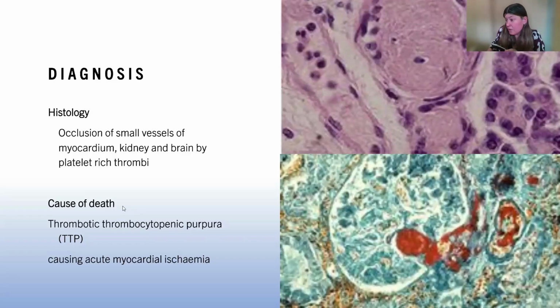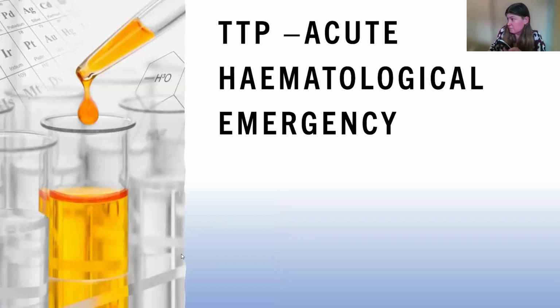Okay. So if we think about TTP, we've talked about lots of this information already. It's a process where there's occlusion of the small blood vessels and the end organ damage happens because of that process. Usually the sites where that causes issues is in the heart, the brain, sometimes the kidney. That sometimes explains the problems with proteinuria, hypertension, and changes in renal function. But the ultimate cause of death in patients who die is usually this process happening in the heart and causing myocardial ischemia.